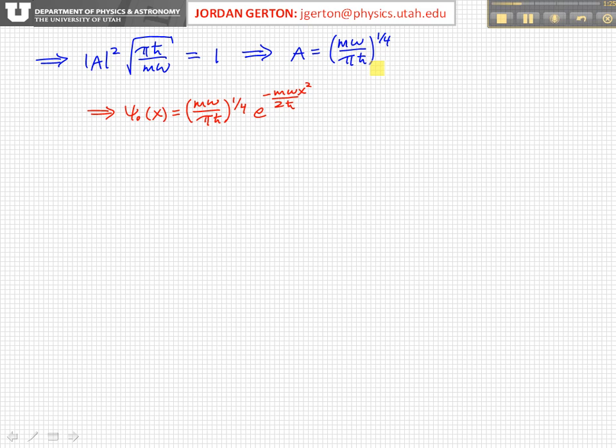There would be some imaginary parts mixed in that would all be related to this particular solution. So we are free to choose that phase,